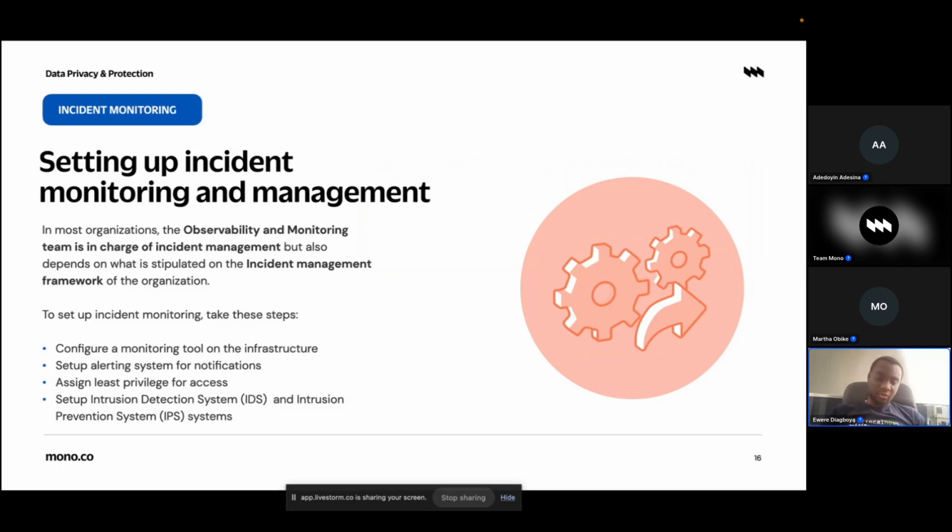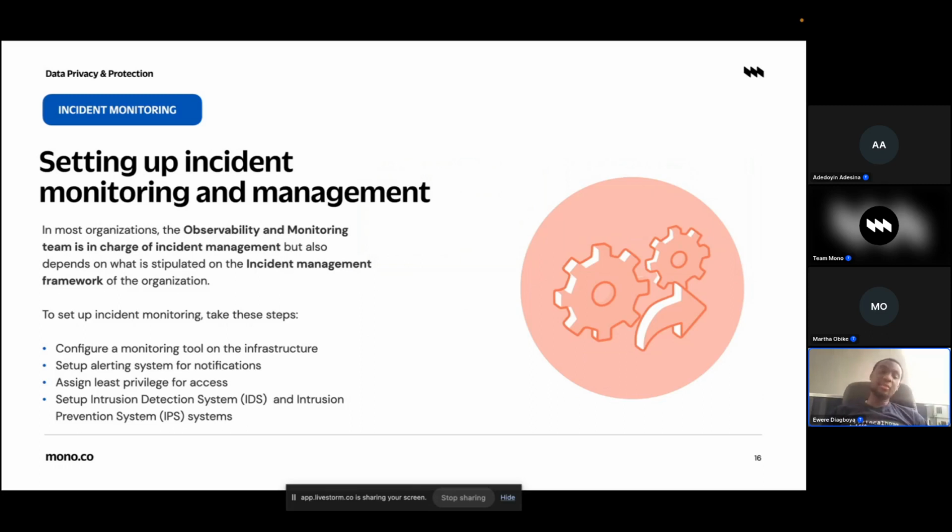But when you have a monitoring system, that monitoring system can give you feedback intermittently and tell you when there is a downtime. So configuring a monitoring system, using a monitoring tool on your infrastructure is very key. And monitoring cuts across various cadres. You have endpoint monitoring, you have infrastructure monitoring, you have different forms of monitoring, but you need to have some kind of monitoring that gives you feedback about the status of your applications and your services.